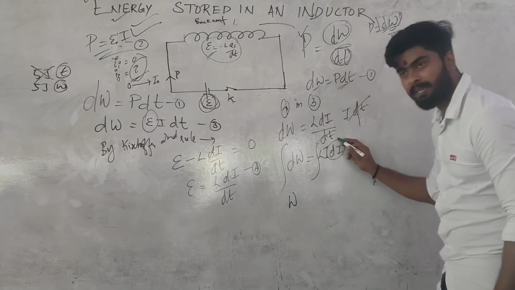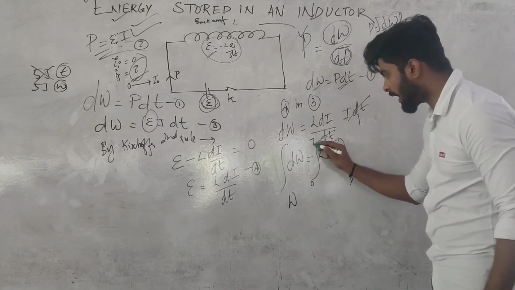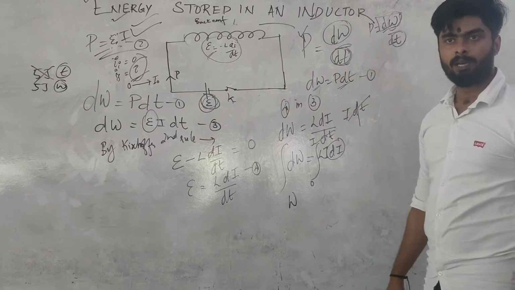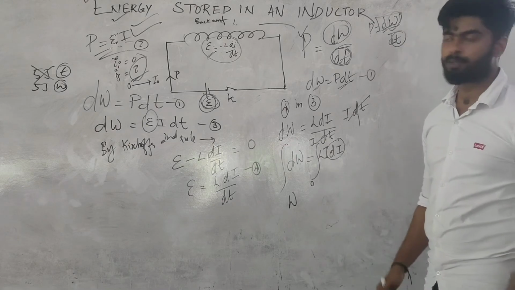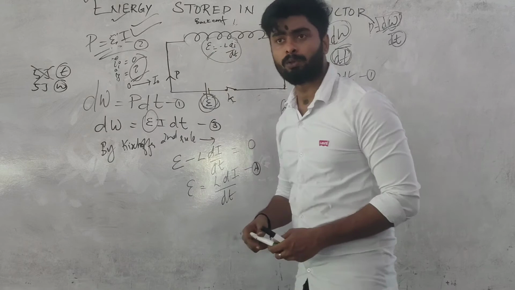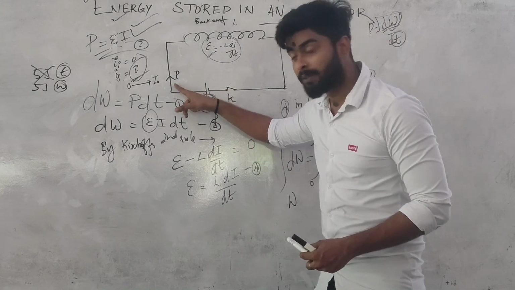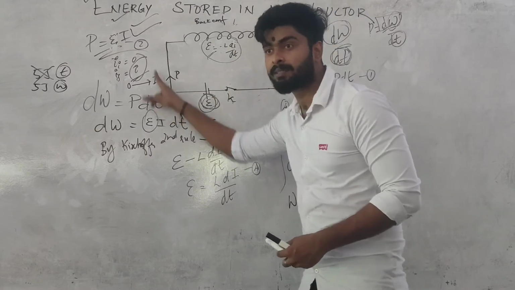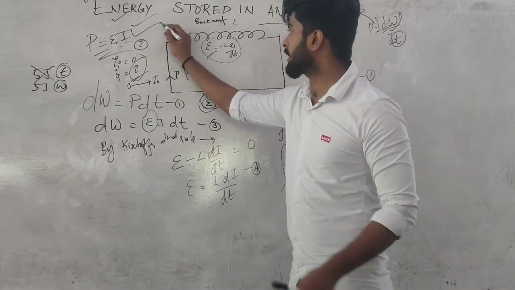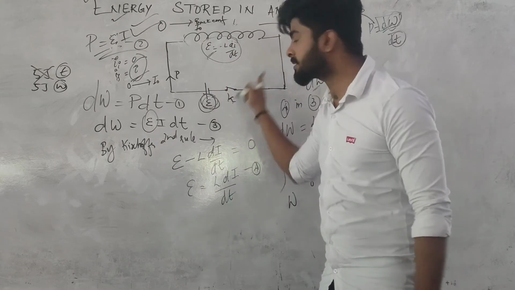Here you can see di. So there is a change in current. The current will be changing from 0 to I or I naught. Putting the limits of current, because you know that in the beginning there will be no current. Why? Back EMF will oppose the growth of current. But the inductor will do a work and it will try to establish a current in this circuit. So the initial current would be 0. From there it will bring a current I0 in this circuit.